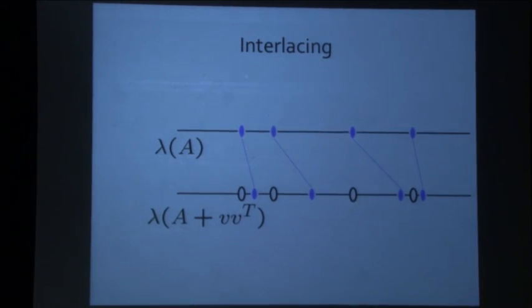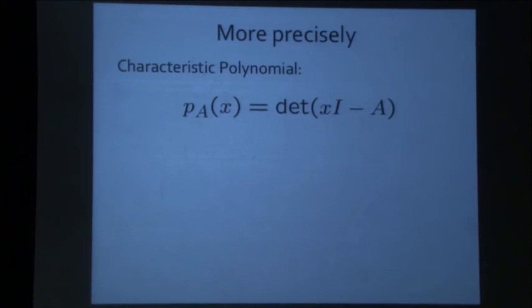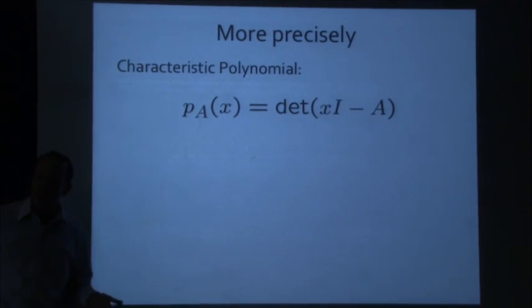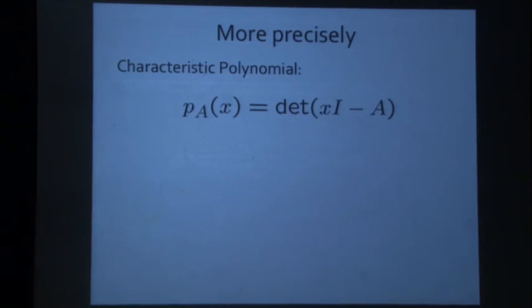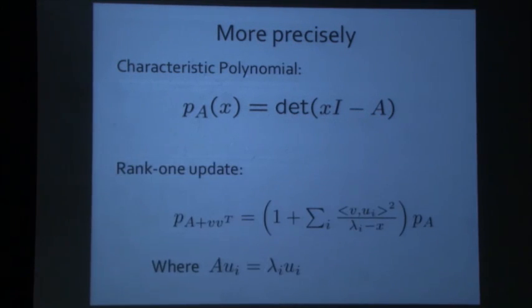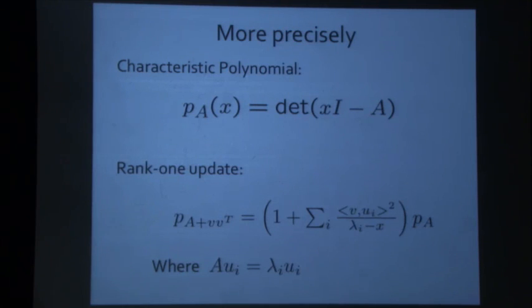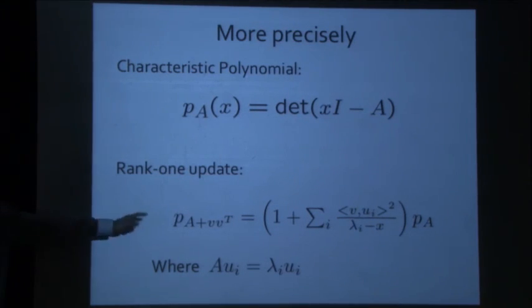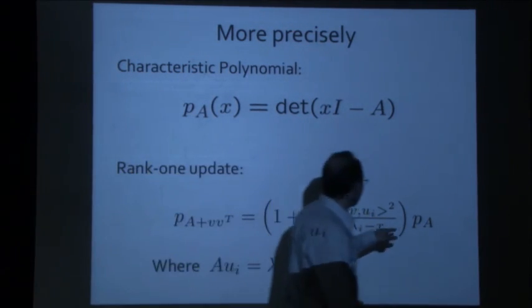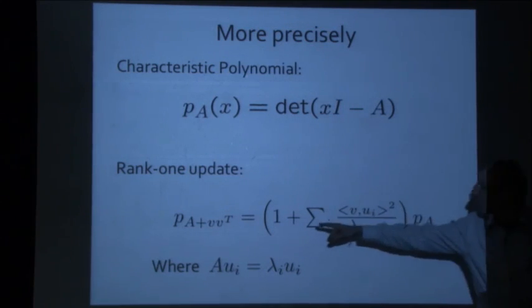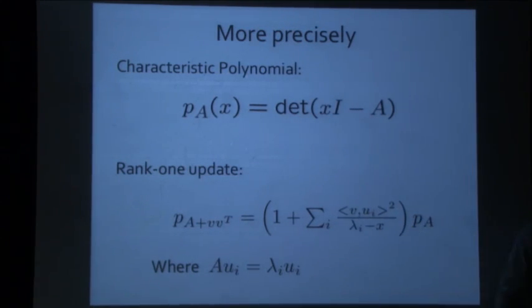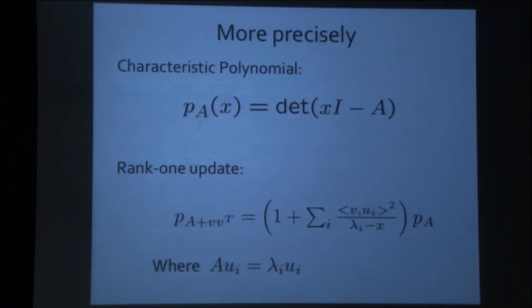We need a more quantitative understanding, so we will look at the characteristic polynomial and see exactly how the characteristic polynomial changes when we do a rank 1 update. This is easier than looking directly at the eigenvalues. So if we look at the determinant of x times the identity minus A, what the rank 1 update formula for determinants tells us is that the new characteristic polynomial can be written as the old one times a term, which is 1 plus a sum,